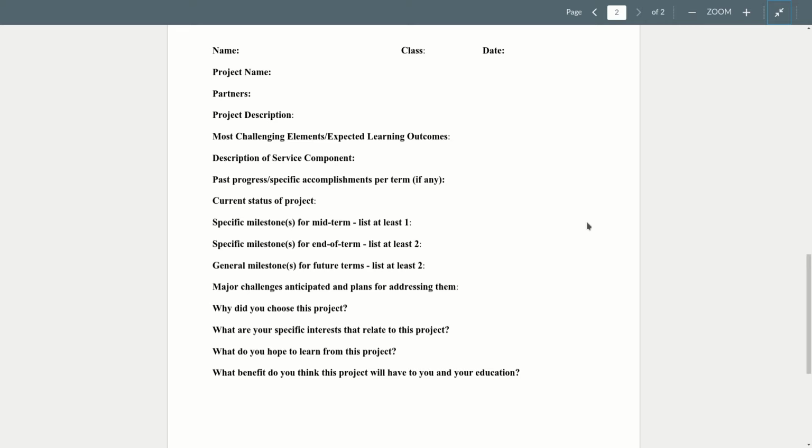Okay, a better milestone would be by the end of week 5, I'd like to have an outline of the 5 steps that I'm going to apply to this problem. Or I'd like to have done some research and picked out a particular VR headset that I'm going to work with, and I want to have ordered it, right? Things that you can say, yes, I've met that milestone, or no, I'm behind schedule, or yes, I met it, but I was 2 weeks ahead of schedule.